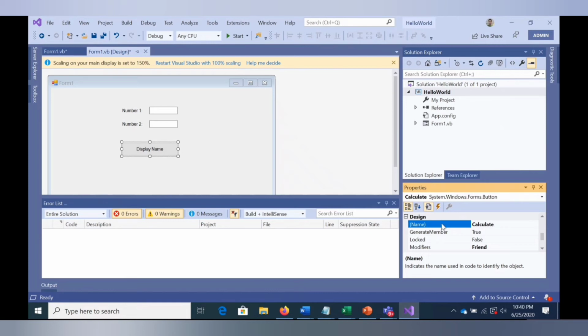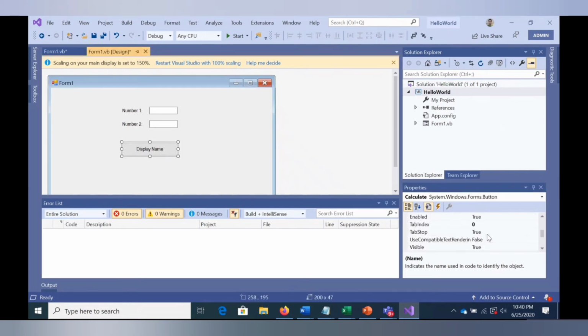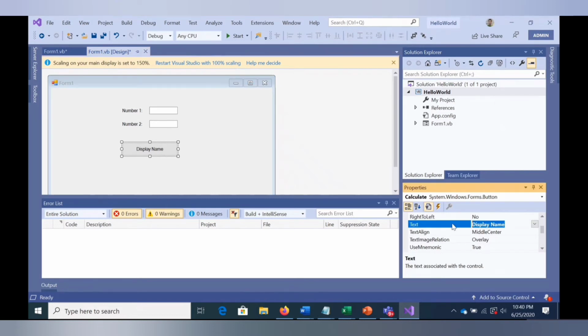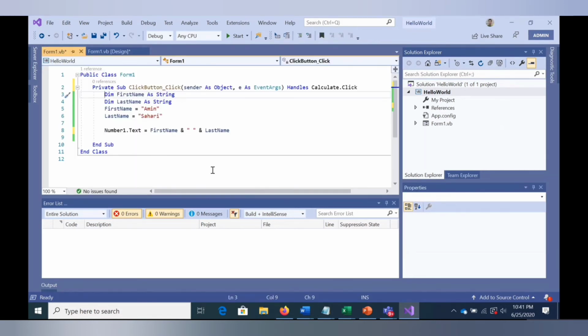And change the label on your button as calculate as well. So basically this is a calculate button, and locate text and change it to calculate numbers. The text actually represents the label on your object, and the name represents the name that you are going to use in your code section later on. From here, your user will understand that by clicking this button, it will calculate the numbers that we are going to enter later in text box number 1 and text box number 2. Alright, simply double click your button,